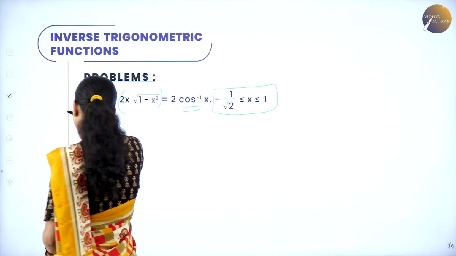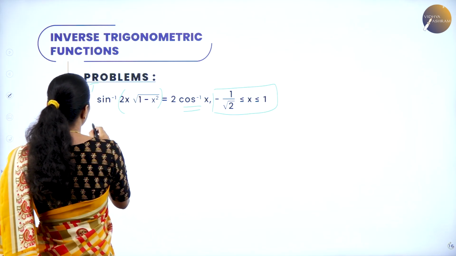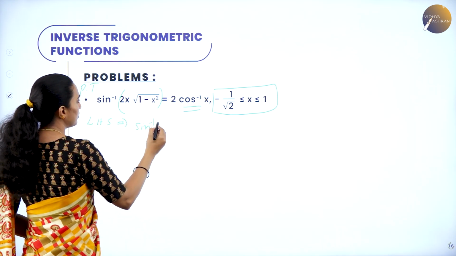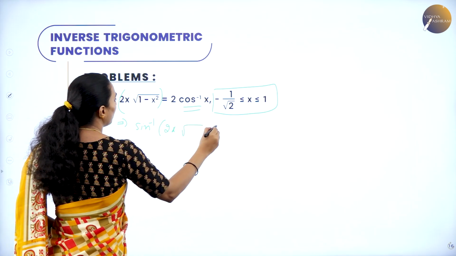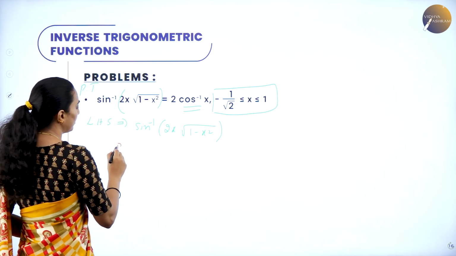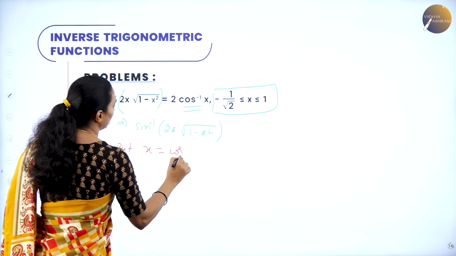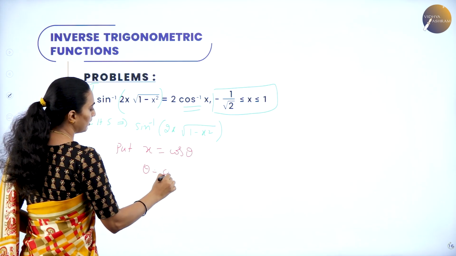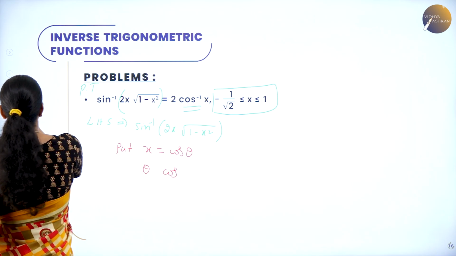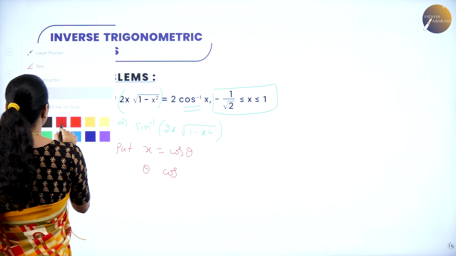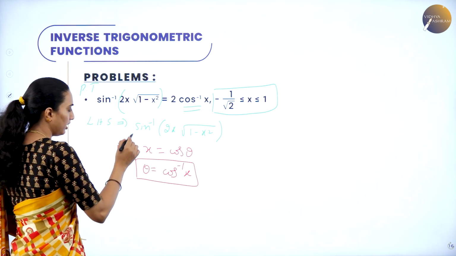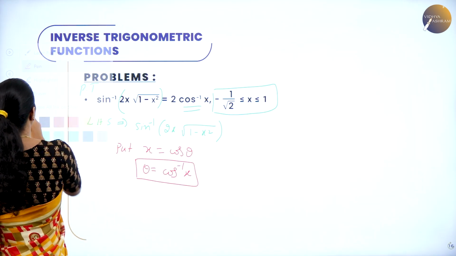Put, substitute cos. So therefore you are going to have, taking the left hand side, what is that? Sin inverse of 2x into root of 1 minus x squared. What is the substitution you are going to do? Substitution, put x is equal to cos theta. Now theta can be written as what? Theta can be written as cos inverse x. Correct? So cos inverse x you are going to write as theta. Therefore, you can make that substitution for the left hand side here. What is that? Which will be equal to